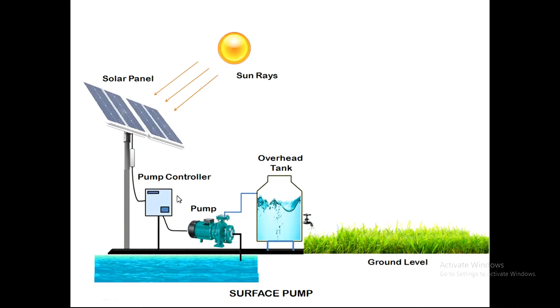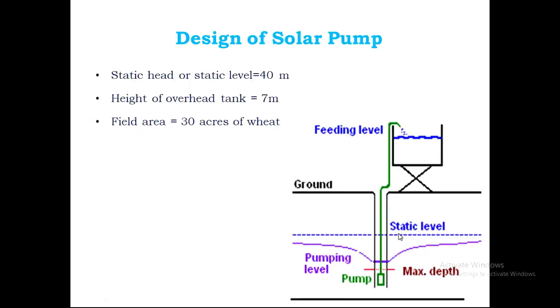If you are choosing a DC pump, then here it should be a charge controller. The charge controller's function is to avoid overvoltage, overcharging, and over-discharging. And this is a standalone type, not connected to the grid, so you can use the grid for safety purposes. You can use the battery. Then the pump fills the water into the overhead tank, and it can be used for your purpose. This is the basic operation.